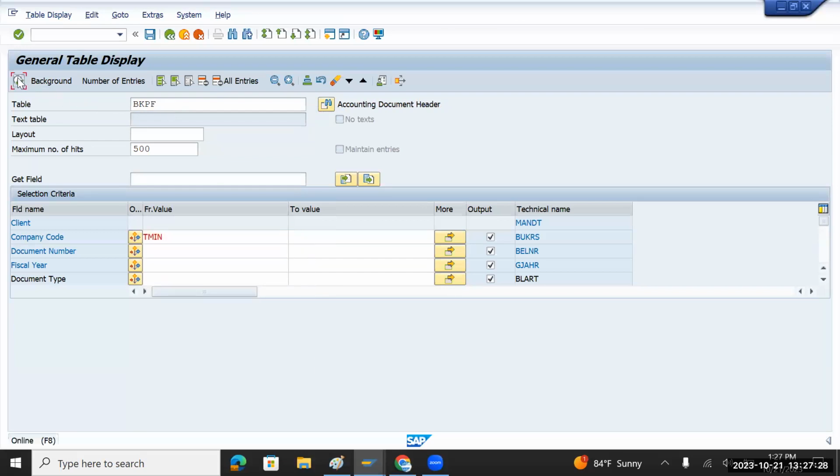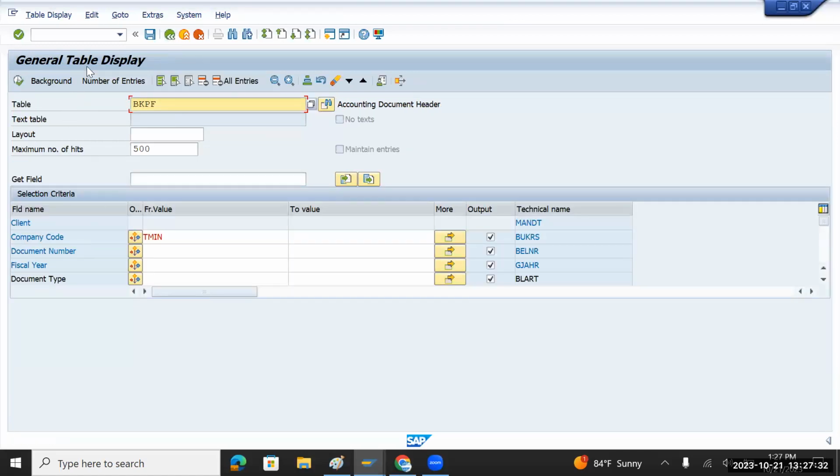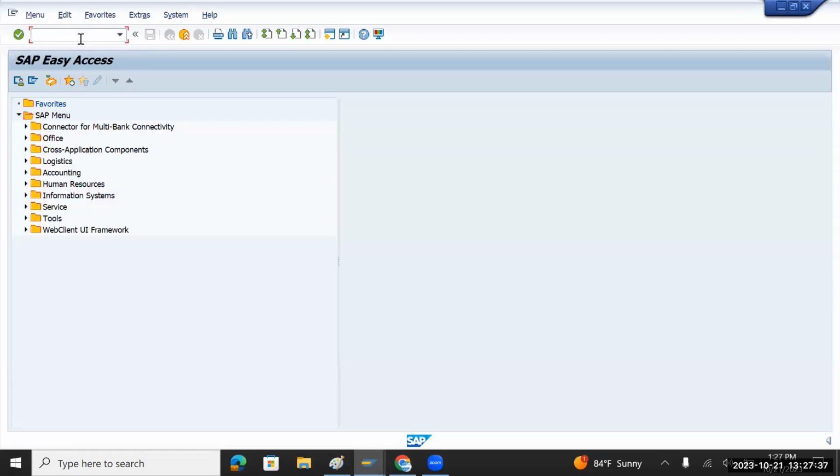Click on this, execute. So we can see the transaction also. Okay, so we have done basic settings. Now in the next chapters, we will go for sales and purchases also. Even if we want to do GL to GL transactions for purchase, that is also possible. Just for testing, if we want, we can do that purchase, like go to FB50,